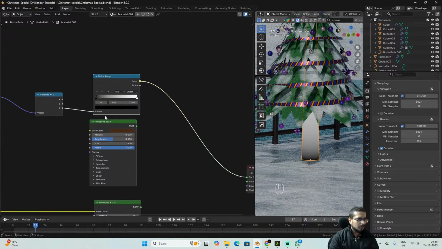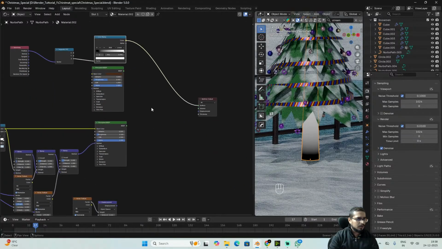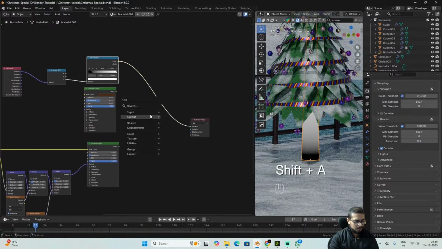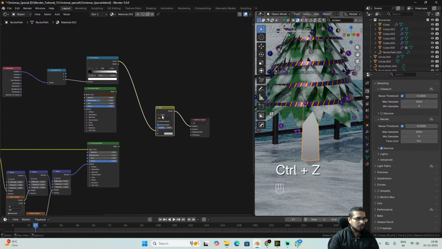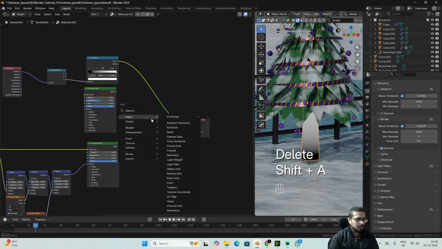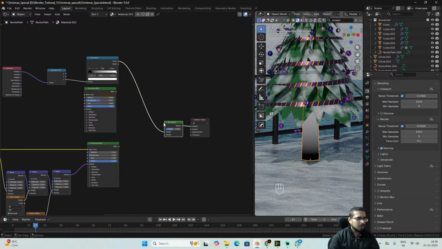Yes, looks fine. I can increase this, yes, and add a mix shader again. Oh sorry, this is mix color, shift A mix shader, yes,